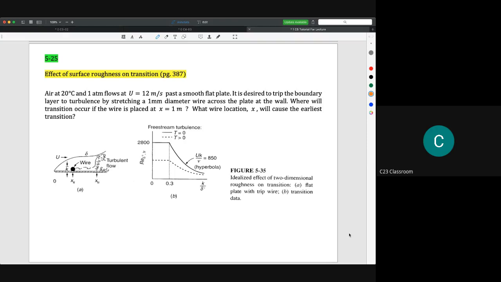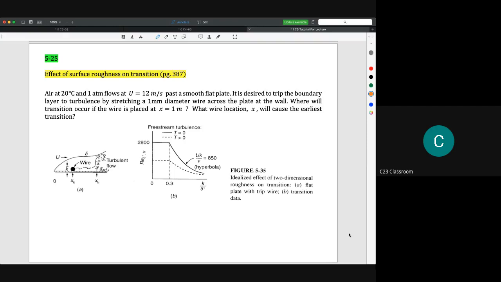We continue our discussion on tutorial 5.25. It is actually the idea of the effect of surface roughness on transition. You could get it from page 387. For example, air at 20 degrees Celsius and 1 atm flows at U equal 12 meters per second past